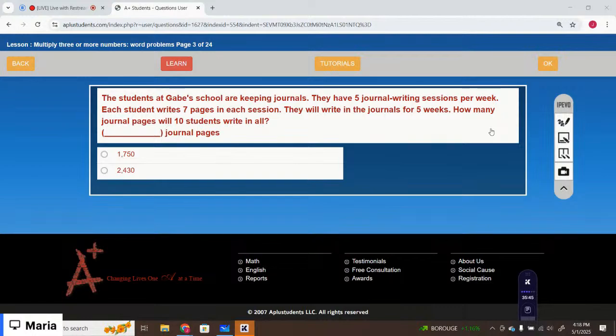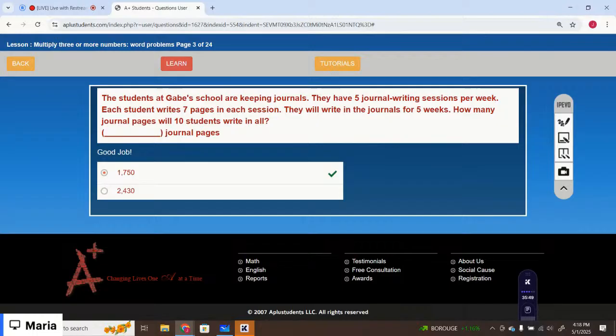Option number one is the correct option. That is 1750. Okay, the next one is